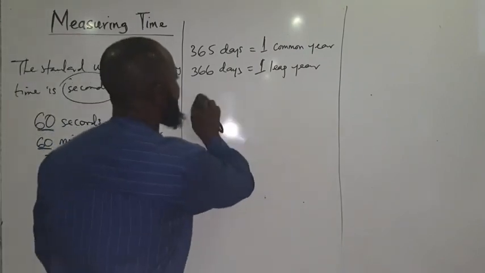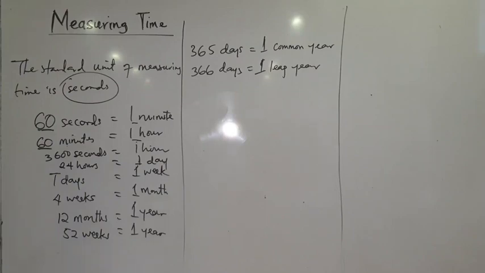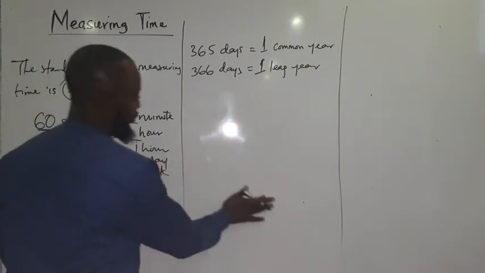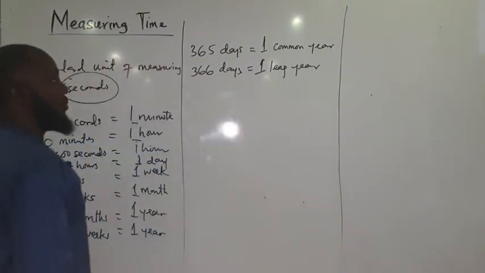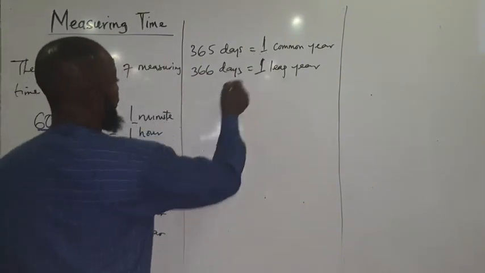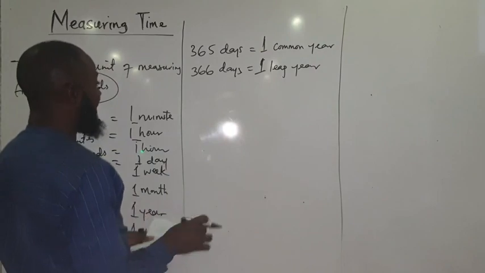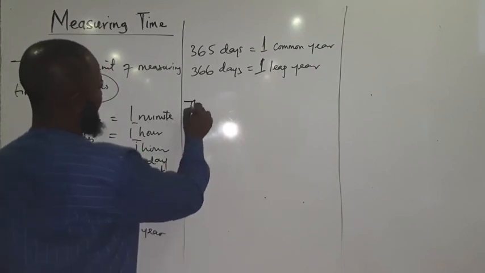So the next aspect we need to look at is how many days are in each month. Very important. You need to take that into consideration as well, because you will make use of them when you are calculating some time from days. So there are 30 days